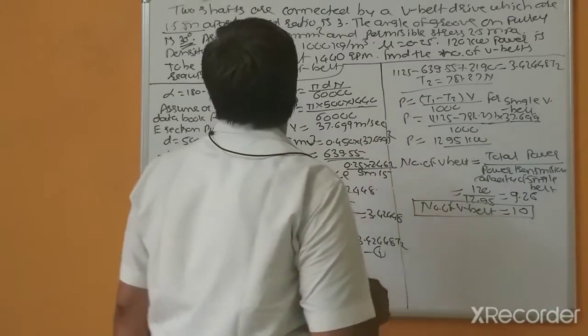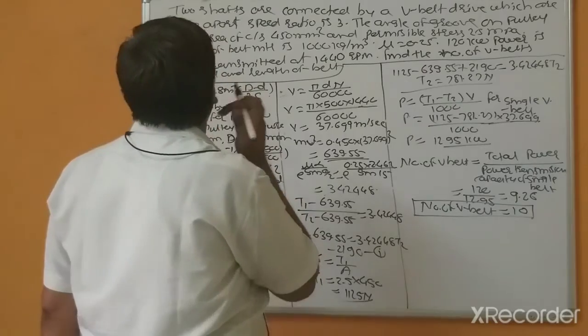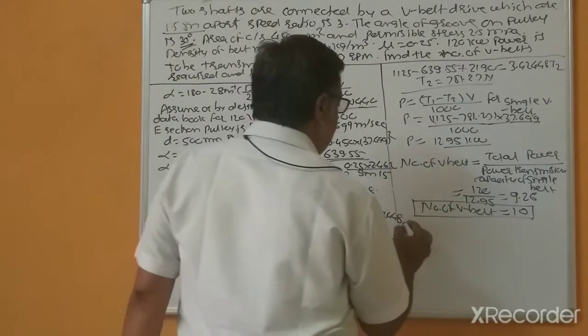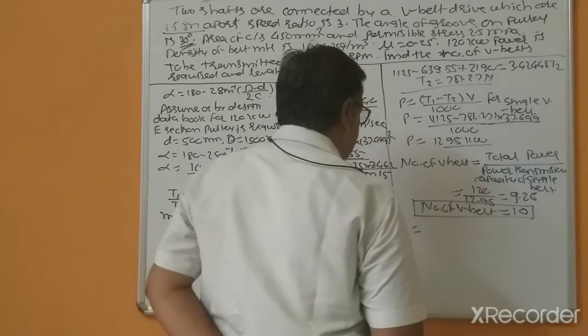Second, find the length of the belt. So length of the V belt equal to